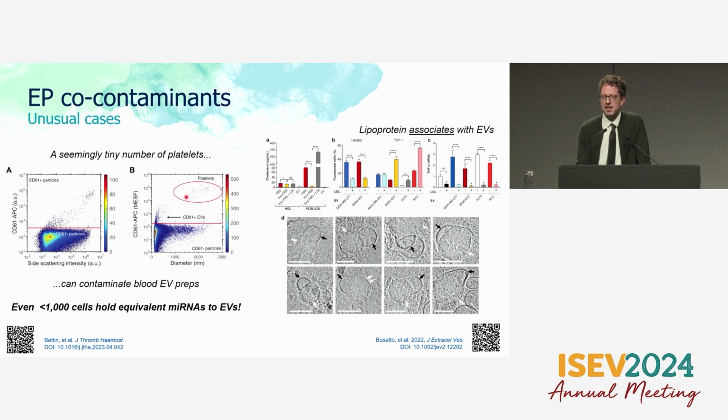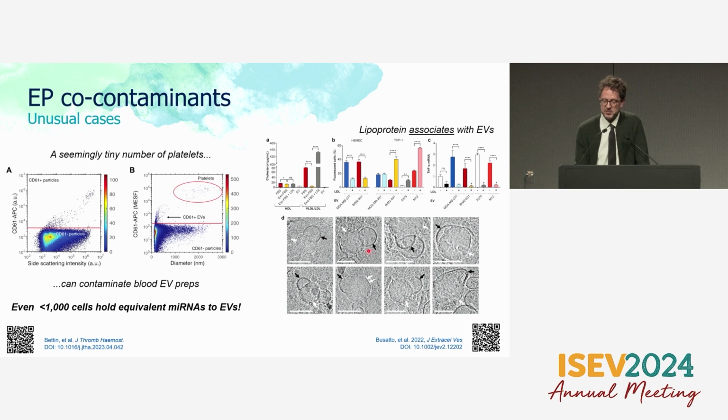Well, they calculated that the volume of these 1,000 platelets is more than the volume of the trillion EVs, and in fact carry an equal number of microRNAs to these EVs. So these tiny throwaway contaminant cells that you would think are very small in number can potentiate much of the function, or at least carry much of the biomarkers that we would commonly associate with EVs. I do a lot of work with blood EVs, and I never thought to look for platelets, and I'm just wondering how all of my papers are trash.